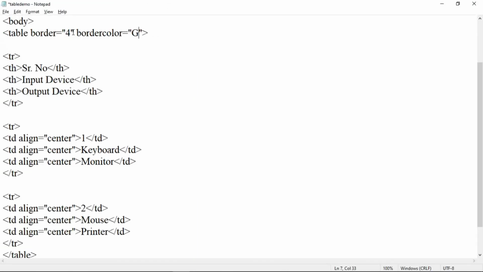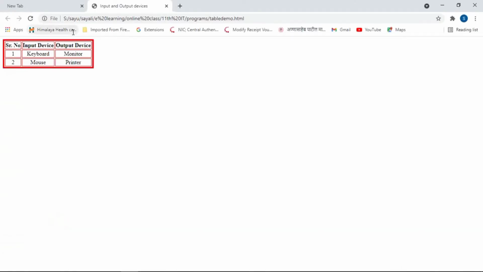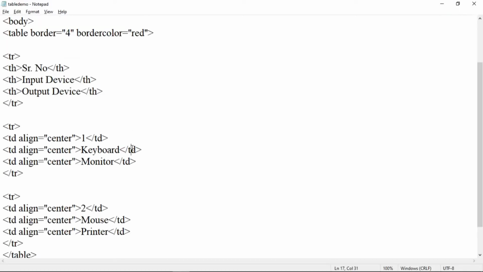You can change color also. Suppose color is red. In this way you can create a table. Then within TD tags, you can add the attributes like align attribute to align your text at the center, or you can align the text at the left or right also.